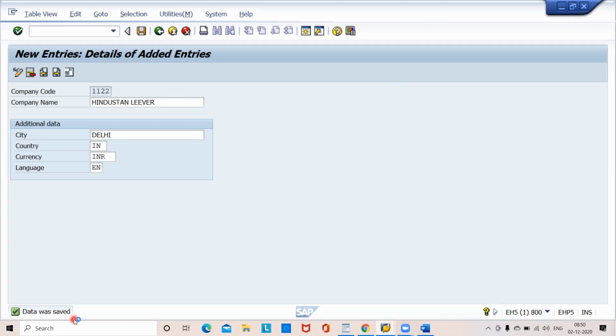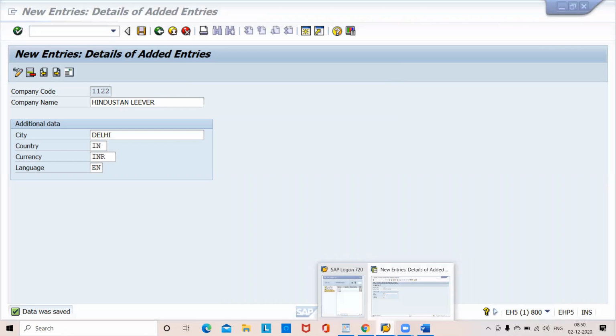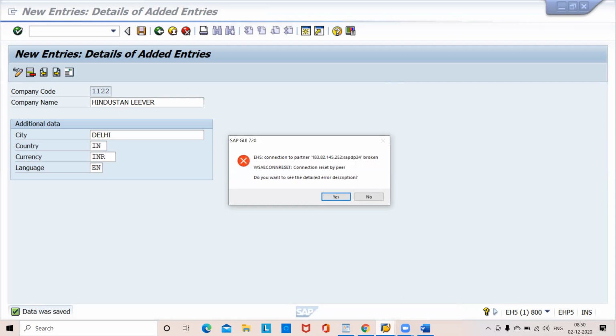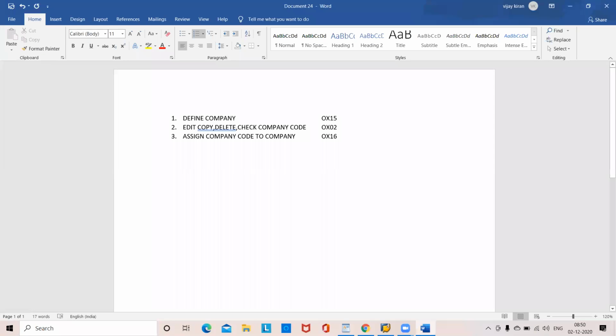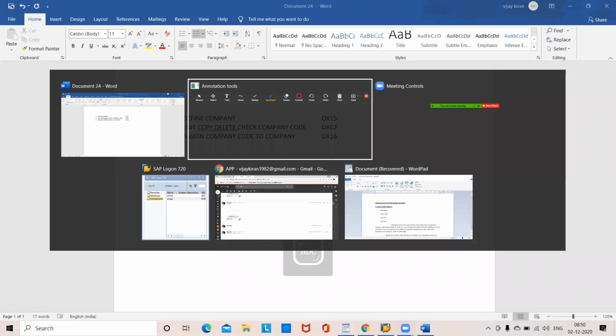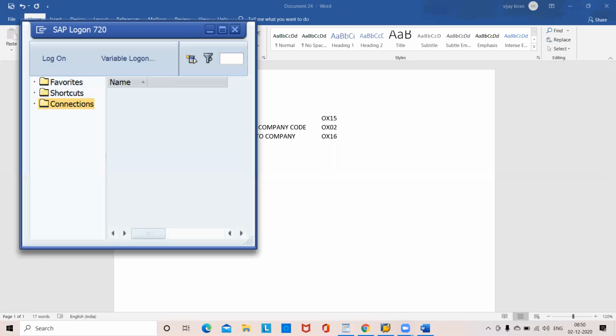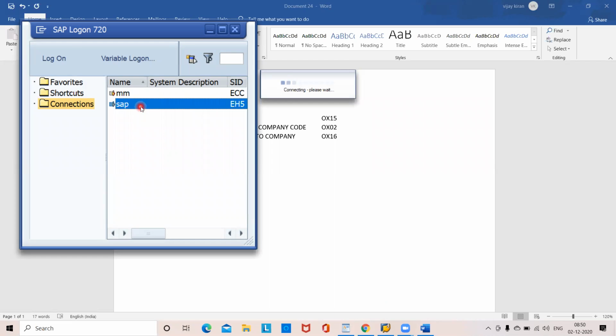Let me take up one more session. After completion of the company and the company code, we need to maintain the relation between each and everything. For that,